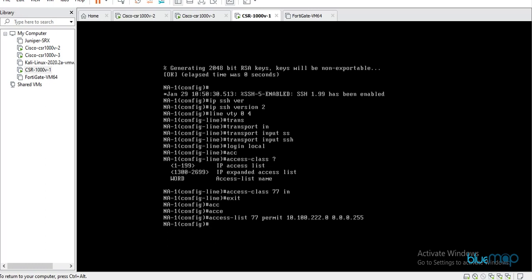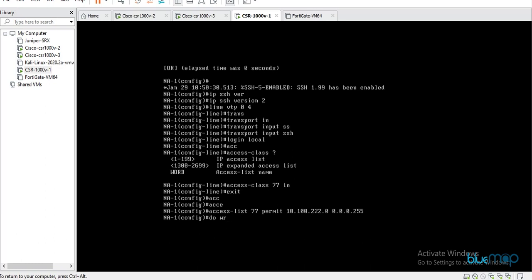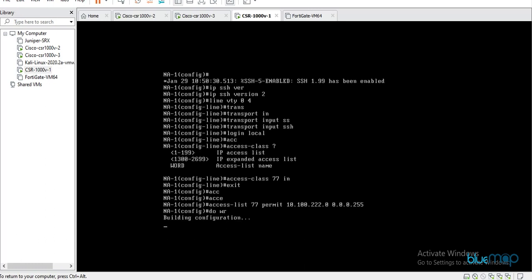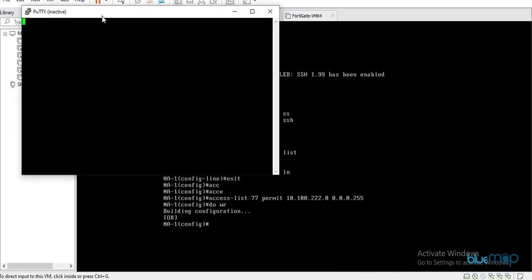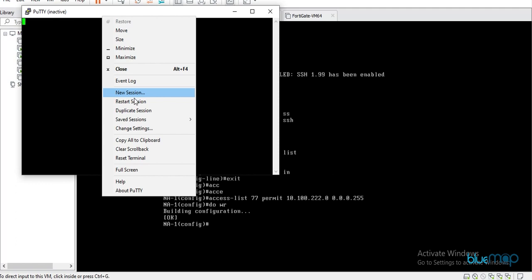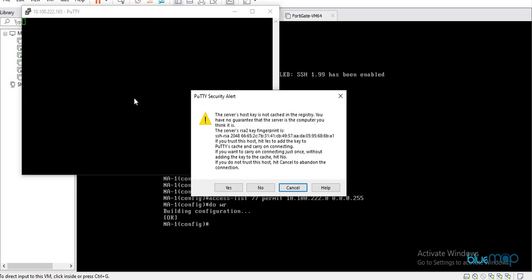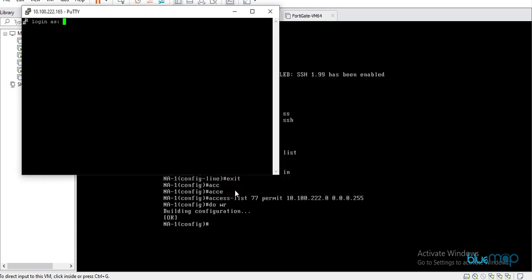So this access list is used for classification purposes. Once this is done, I'll say do WR, save the configuration, and then verify it with my PuTTY. So I'll load up PuTTY over here and let's restart the session. Yes. Now I'm getting the server RSA2 fingerprint. So if you trust this key, I say trust, yes, login as Umar, password is